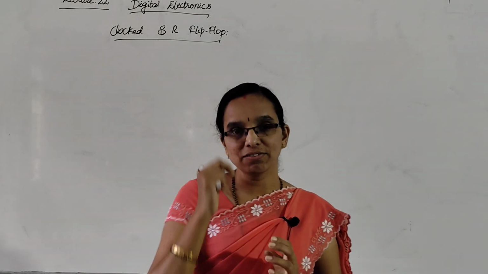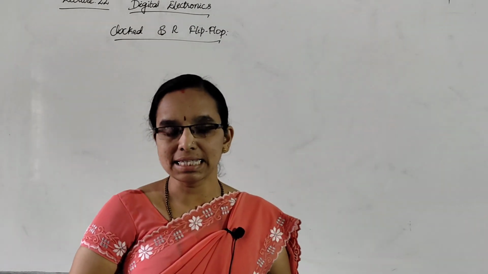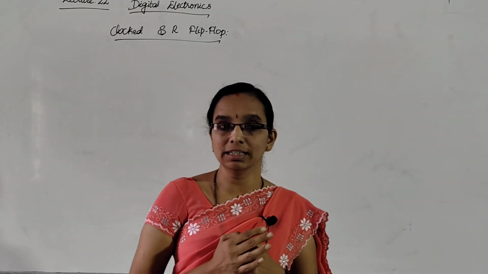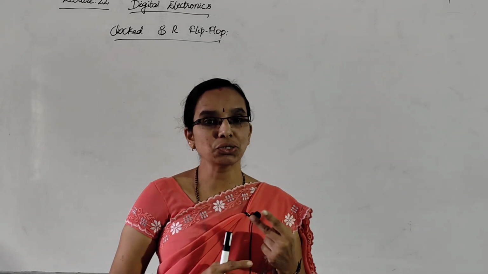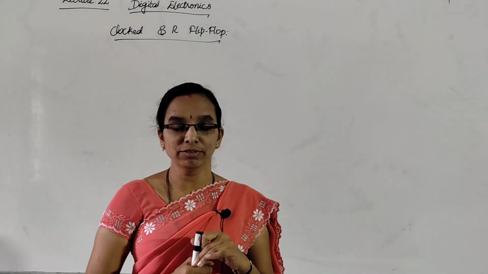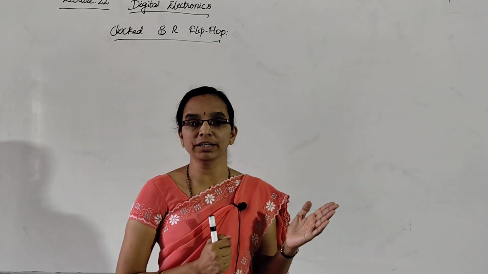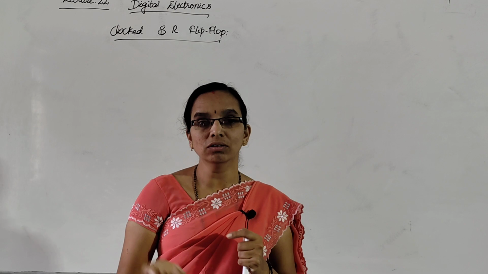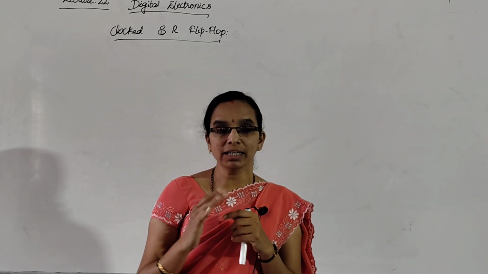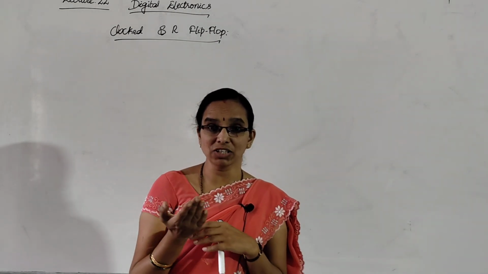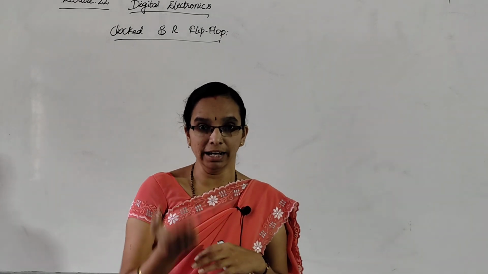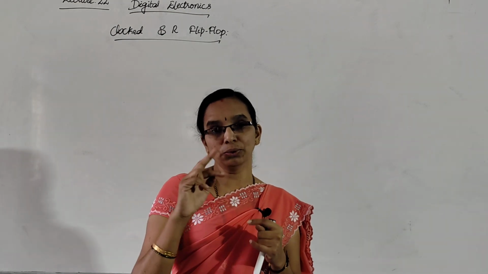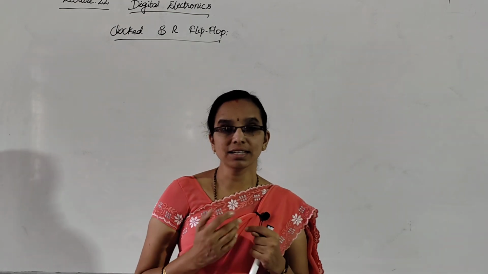In the last class we studied the unclocked SR latch, right? In that we used 4 NAND gates, where the first 2 NAND gates worked as inverters and the second part of the circuit was an active low NAND latch. So an active low NAND latch can be converted into an active high NAND latch, that is the unclocked SR flip flop, using 2 more NAND gates as inverters.